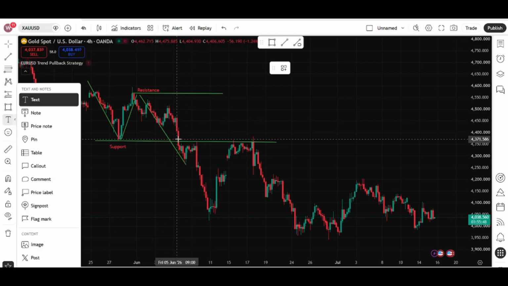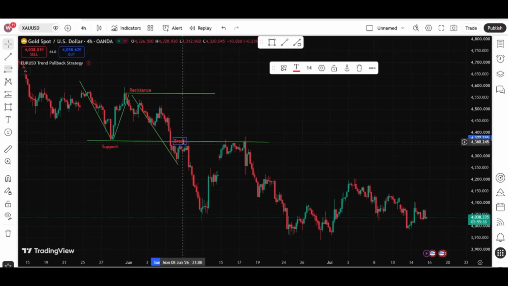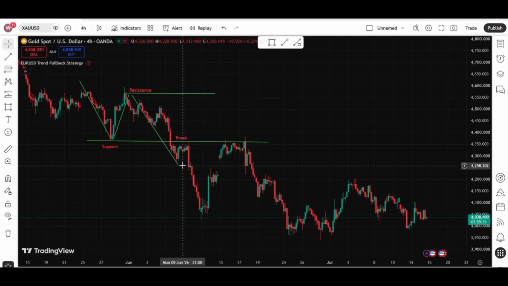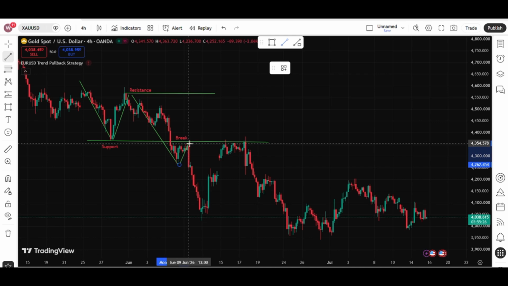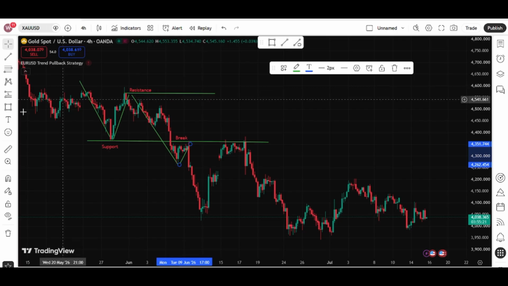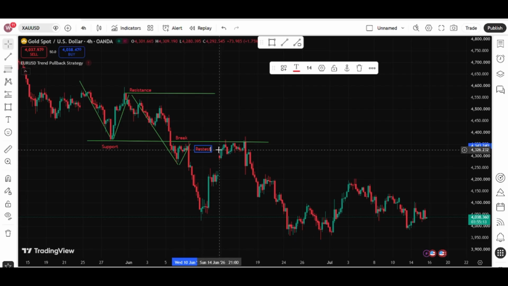The market broke the level, so this is called a break, right here. So immediately after the market broke, it came back to this point, and then it did a retest. A retest